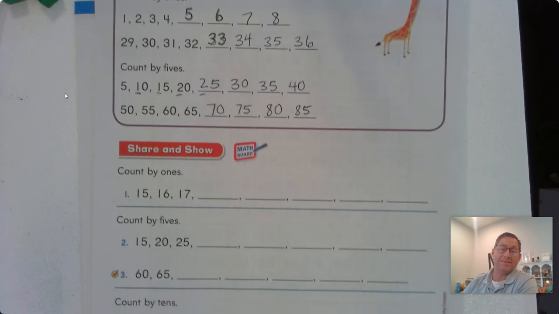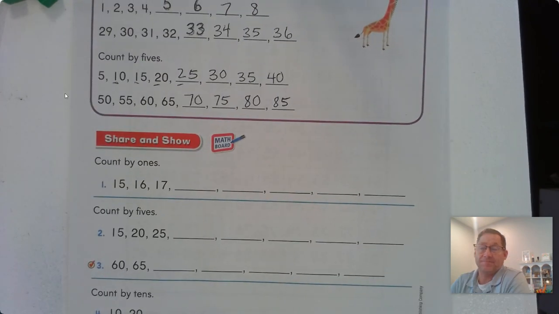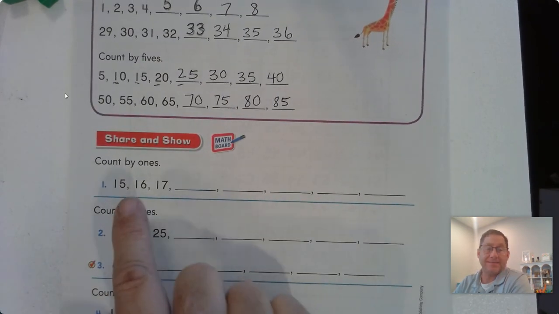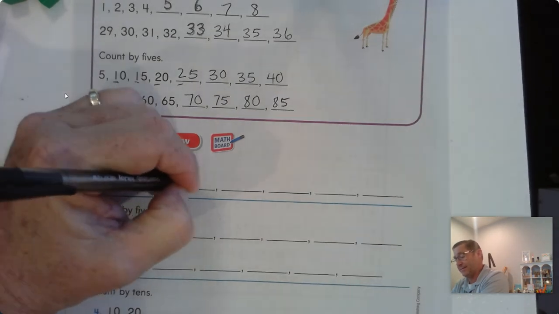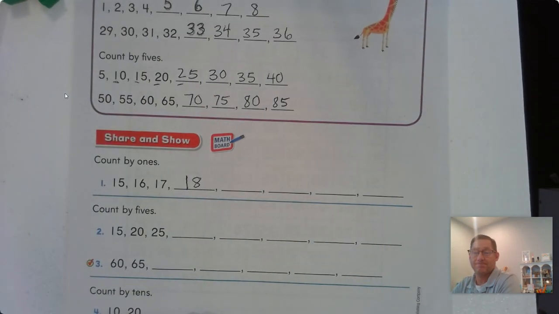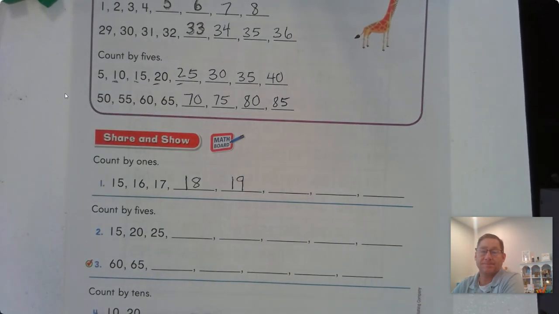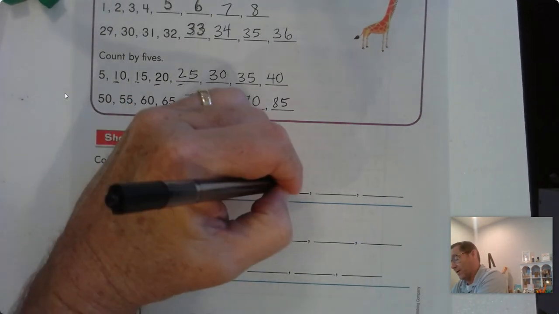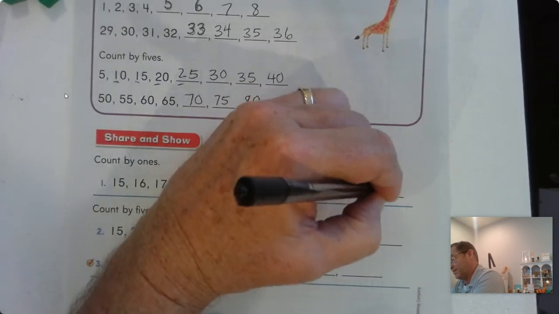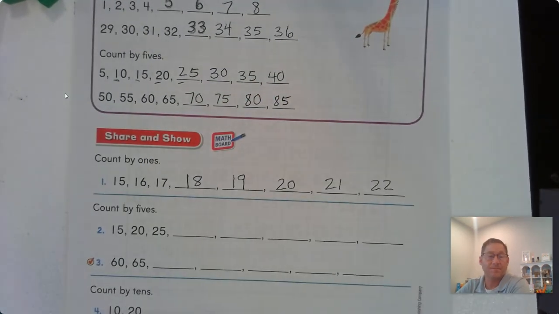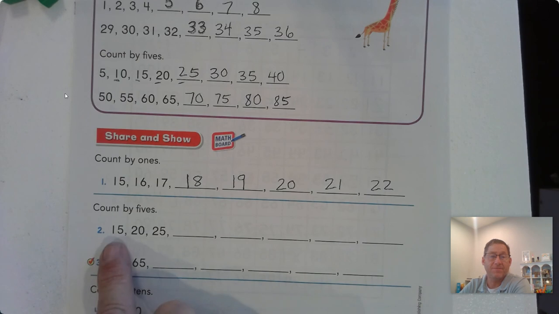Count by ones from 15: 15, 16, 17, 18, 19, 20, 21, 22. Count by fives: 15, 20, 25,